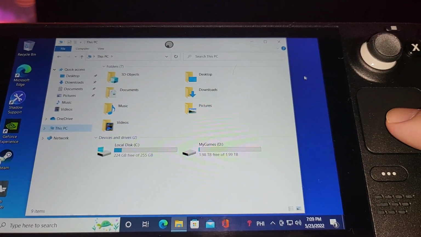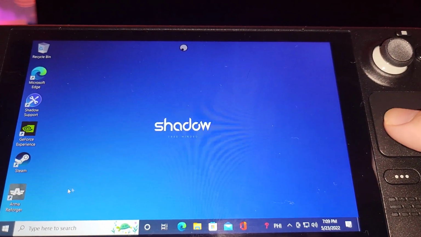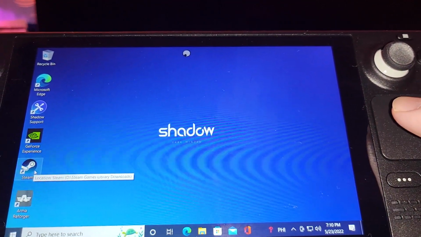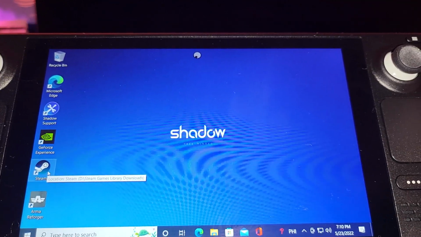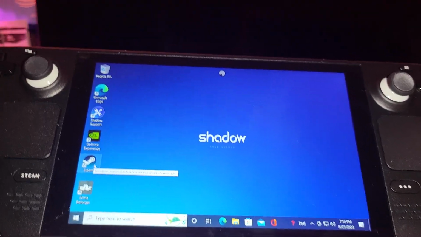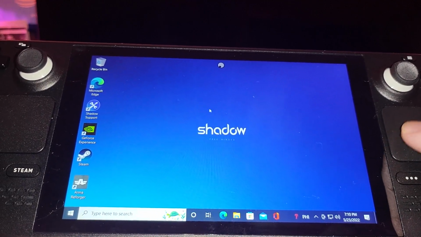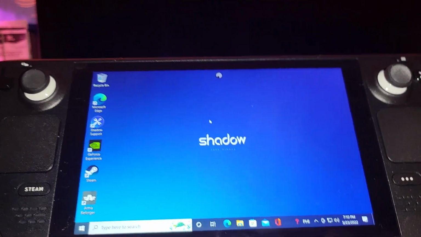So let's start a game, for example. Let's go ahead and play Arma Reforger. This is my Steam here, and I can play any game I want. Remember, you will be limited if you install Windows on your Steam Deck. You are going to be limited to what you can play. Here, you have no limitations. And on top of that, you have 1 gigabit up, 1 gigabit down